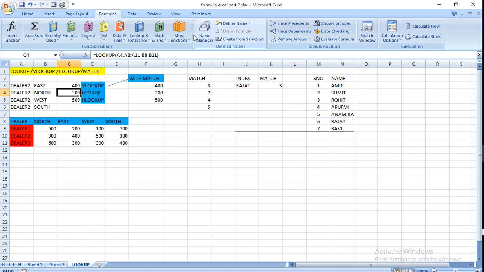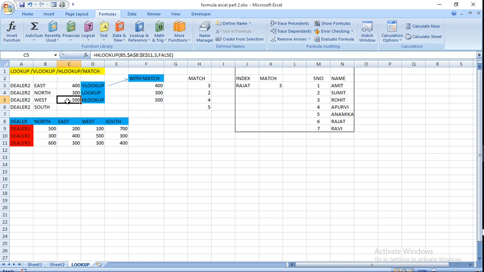Then where you have to find it, in North, so it is B8 to B11. When you do this, it will get you the third position, that is 300. Dealer 2 in North gives 300.